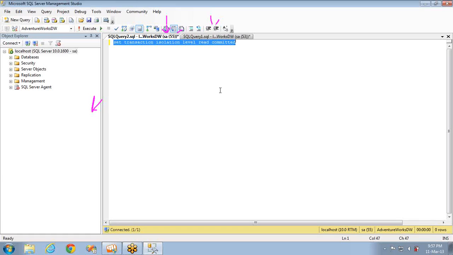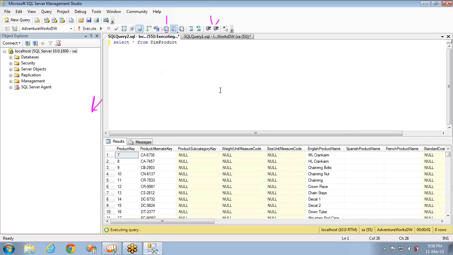First, I'm going to take any one table: select star from, I'll go for DimProduct. I have so many records here, and I'm writing a transaction.